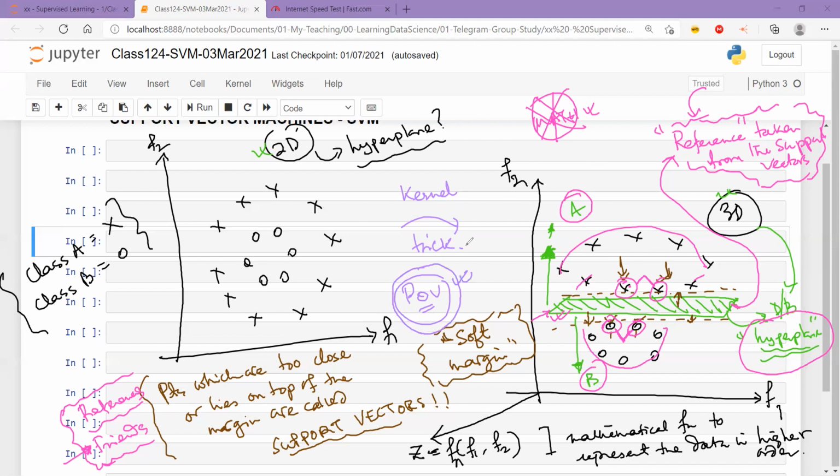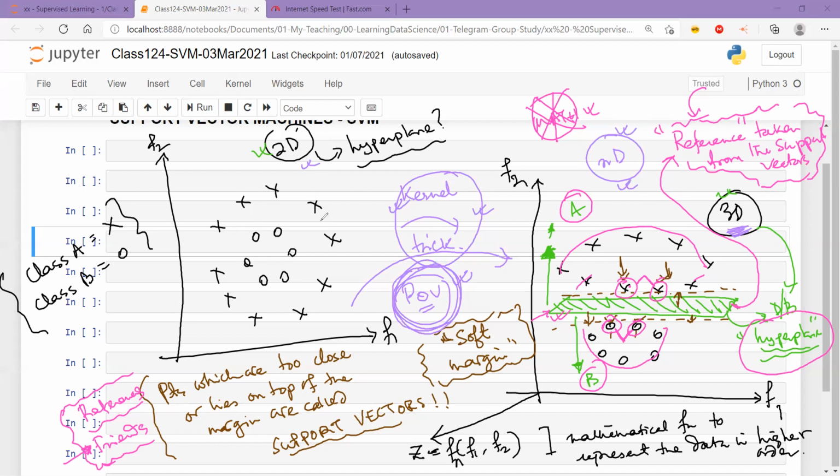The video of the last session is also there. You can look into it, and you can look into the recording of the session also later on. The main thing over here is the point of view. Change the point of view using a technique which is known as kernel trick. The moment you change the point of view from 2D to ND, by the way, this example which I took is only for 3D. In real life, it will be n dimensions. We cannot visualize anything more than 3 dimensions as human beings.